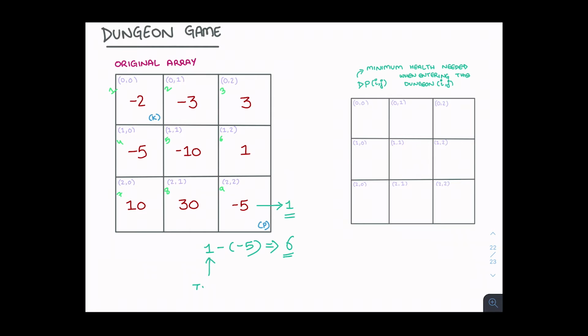So 1 here is the target health, and -5 here is the health points lost or gained in current room, right? So yeah, this is how we will be going ahead with this algorithm, and this is how we'll be